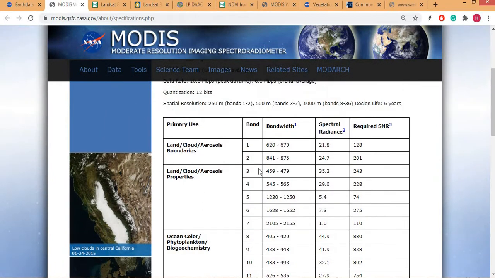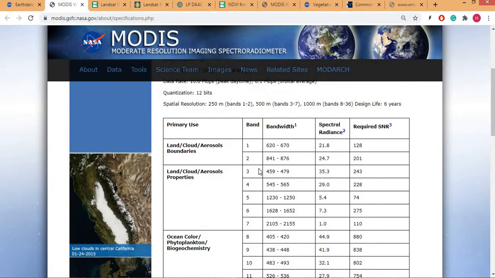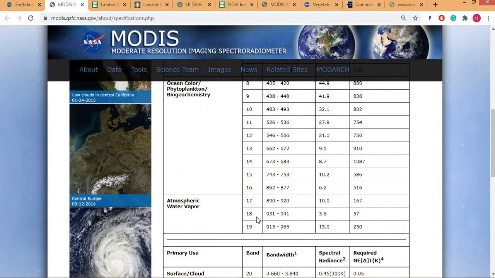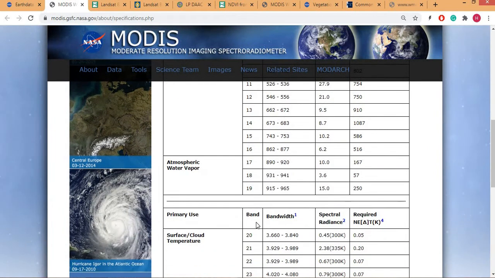When you select a satellite, you have to know the band information. So these are the bandwidths in nanometer. The units are in nanometer. So here is its additional information. This one. So MODIS has a total of 36 spectral bands.